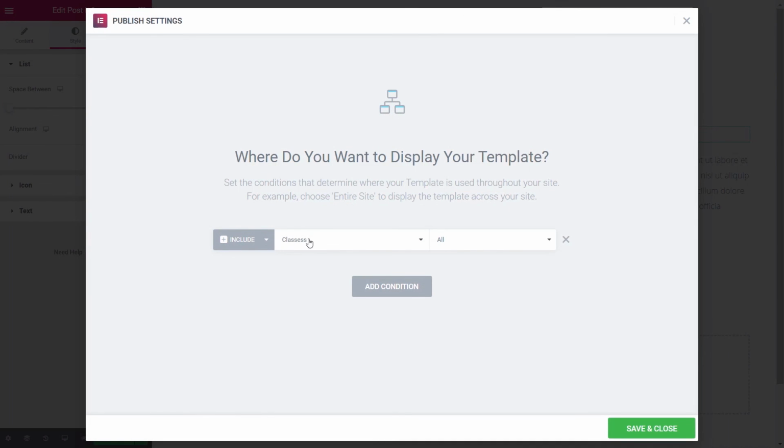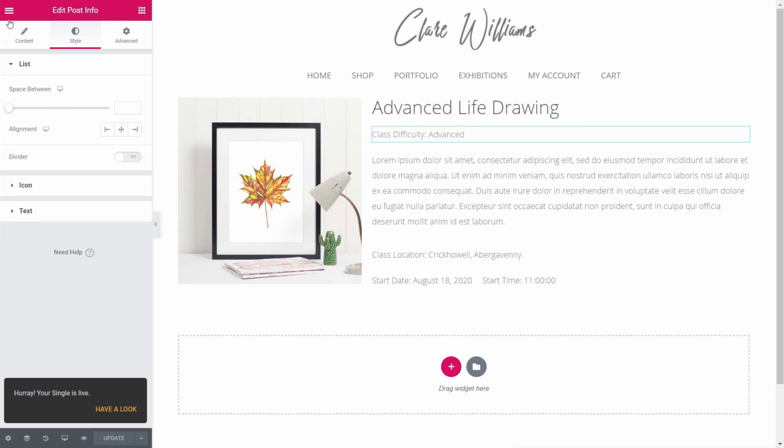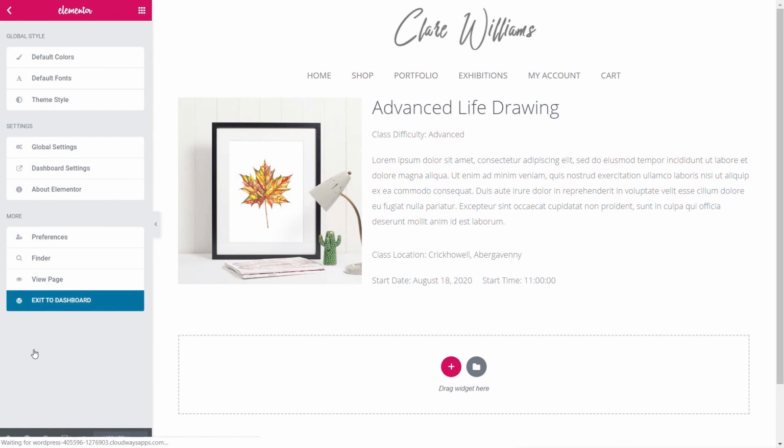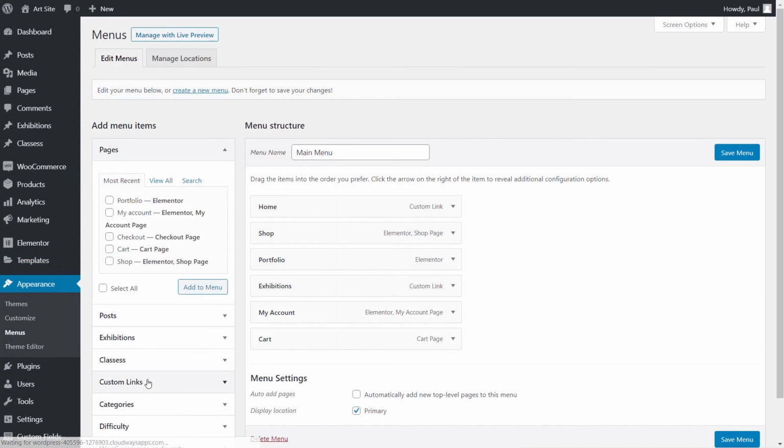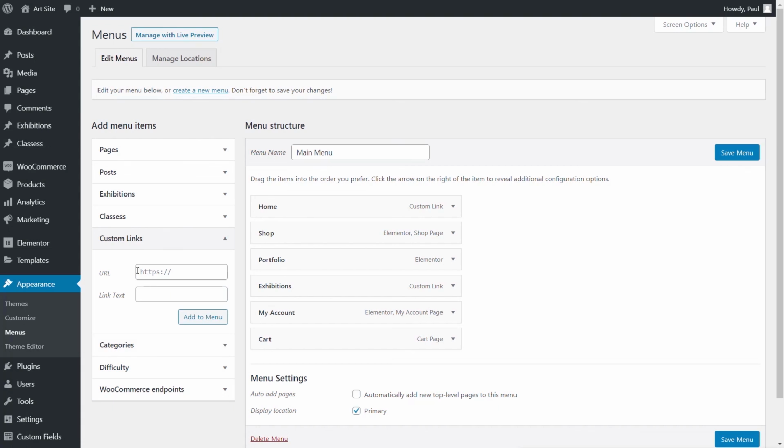Again, you can see classes and all, which is perfectly fine. It's intelligent enough to know that we're associating it to those particular custom post type. However, like I say, if you want to, you can change that if you need to. Save and close, we've done that side of things. So now we're going to come back out of this, go back into our appearance, into our menus, and like we did the last time, we're going to come down and create a custom link. And from there, we're going to create our custom link by putting in classes with my misspelling and /,